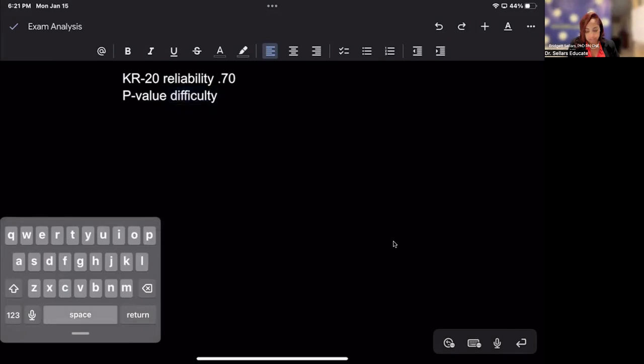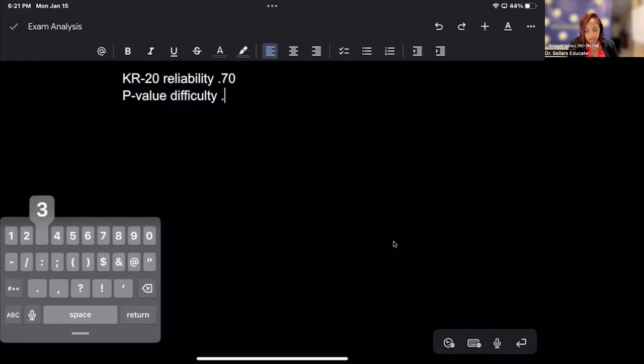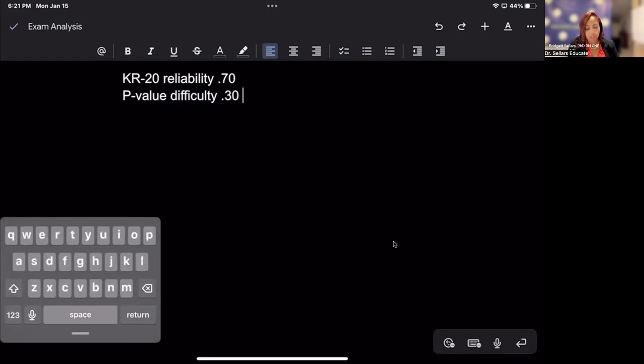And I know, for example, if it's 0.30, then only 30% of the students chose the correct answer. And I know that's a high level of difficulty. Okay, so that's what I know. This exercise is going to allow you, first of all, remember I said when we got started, I was going